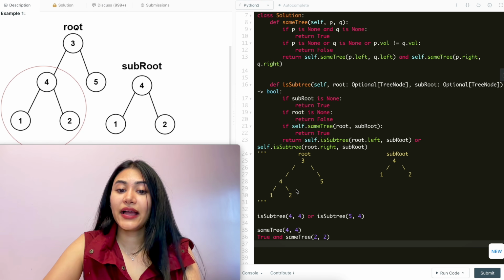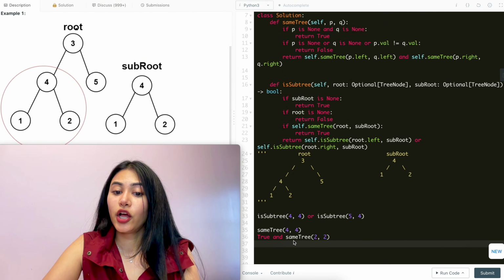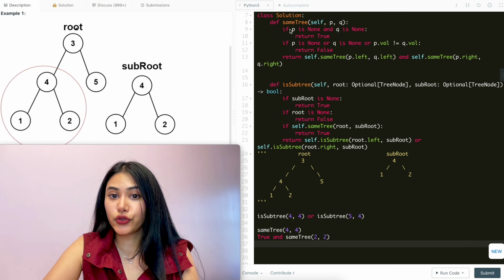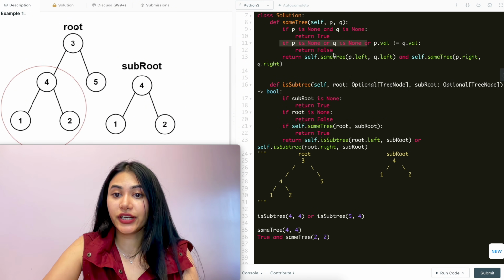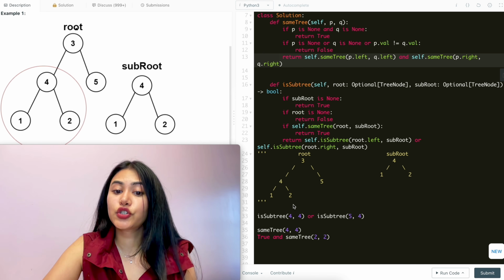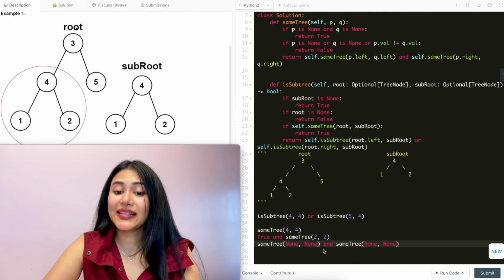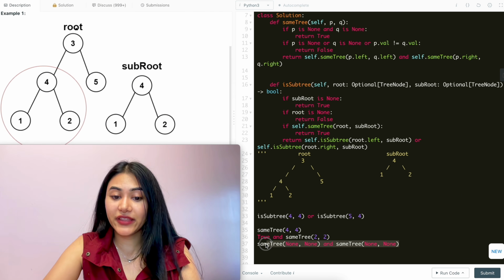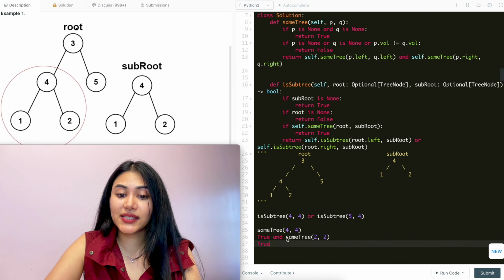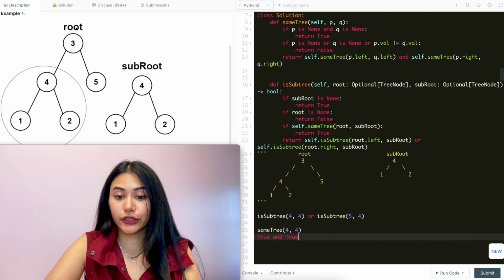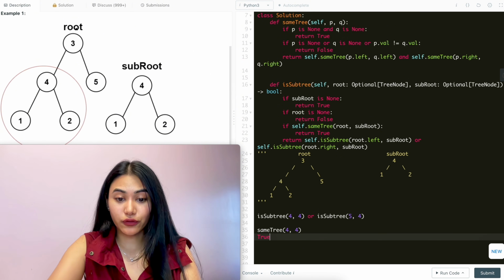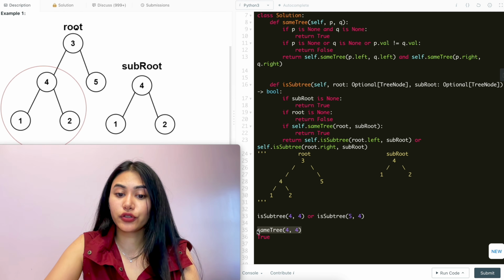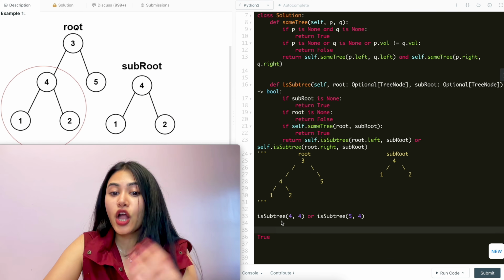So this is true. And now we want to check for 2. With same tree of 2 and 2, we don't return here, we don't return here. Now we check for same tree of 2's left and right children. So that's going to be same tree of none and none, and the right children, which is also going to be none and none. And we know both of these output to true. So once we return, we would output true. And true is true. So we return true to our same tree of 4 and 4,